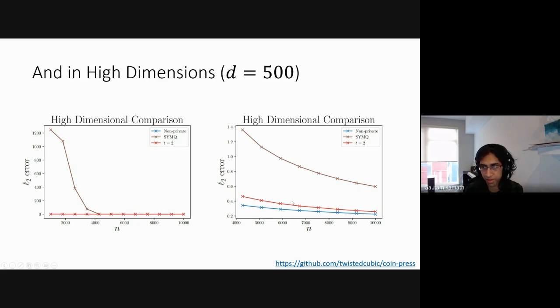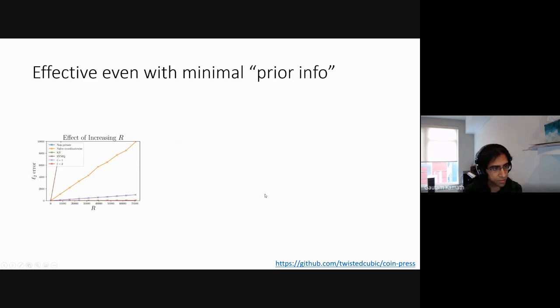And you can see that we still do much better when you can get non-trivial estimates using the alternative. And the last plots I want to show you here for now are just the effect of R, because this is one thing I've emphasized a lot during this talk, the prior information that the analyst has. So by increasing the value of R, that corresponds to the analyst having weaker and weaker prior information, weaker information about what the data looks like.